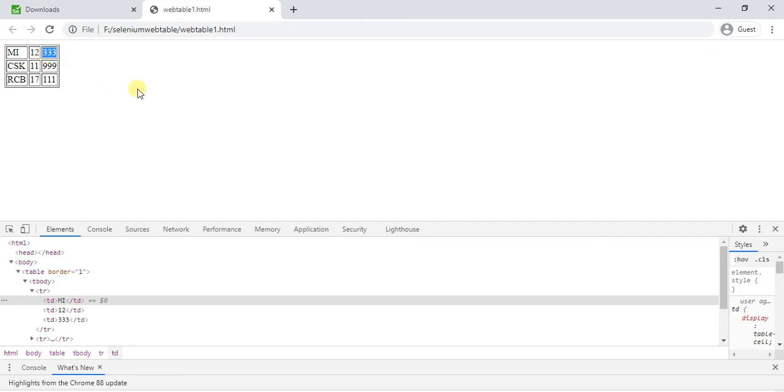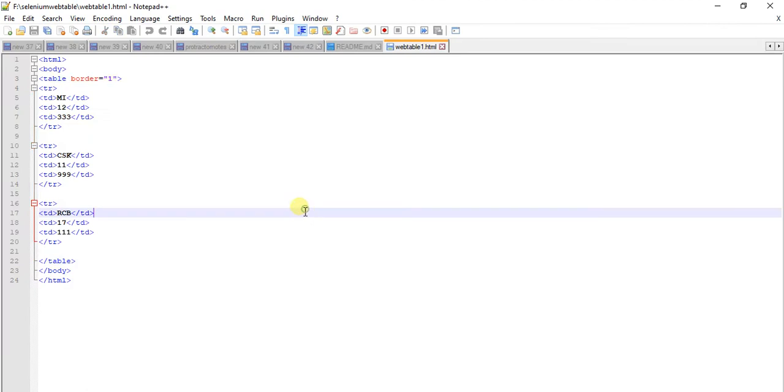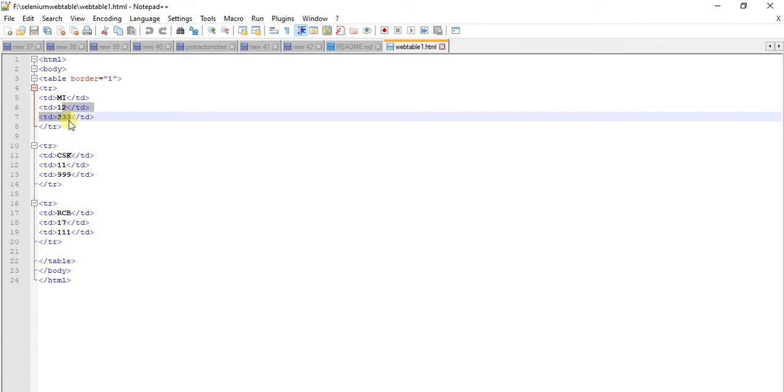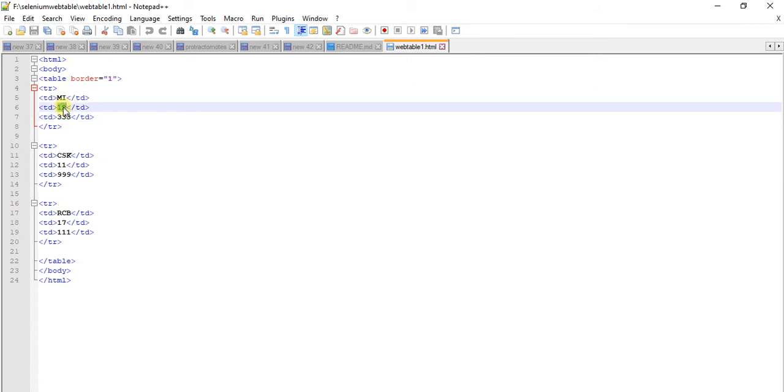Let me go to the source code. Here tr is the common parent, MI is the static element, and the remaining are all dynamic elements. Triple three is a dynamic element and tol is also a dynamic element.